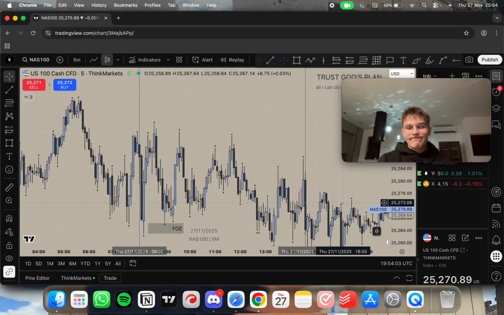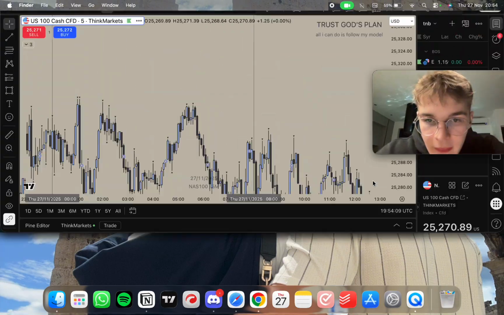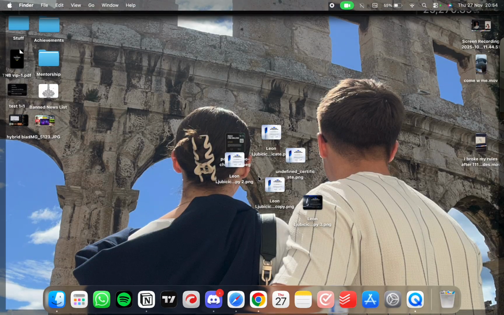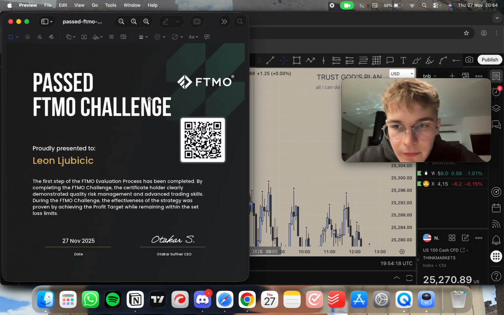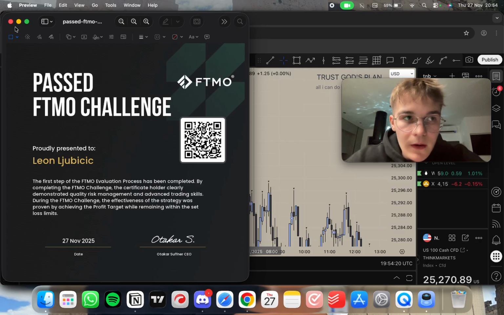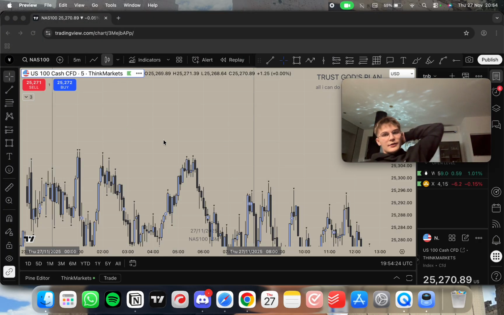So this right here is all of the certificates from today, and a few of them are missing. So we have 4 10Ks that are actually funded now, a 100K FTMO pass, and a phase 1 10K pass with ICG. That's nice. Okay, the reason why I don't have the 5th